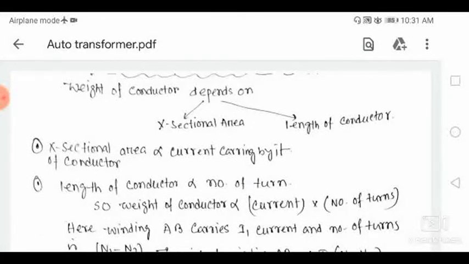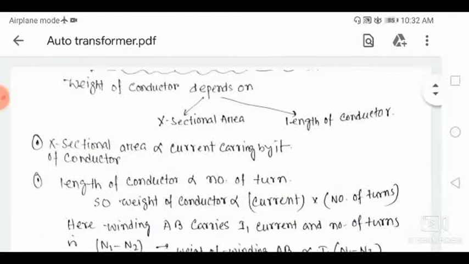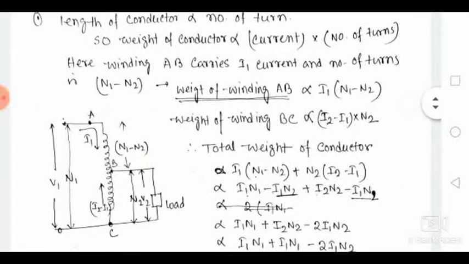Student, today I discuss the advantages and disadvantages of the auto transformer. At first, look at the picture. Here I draw